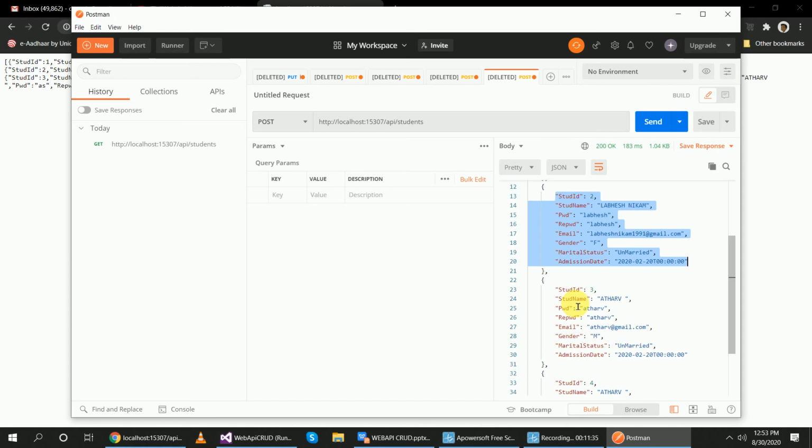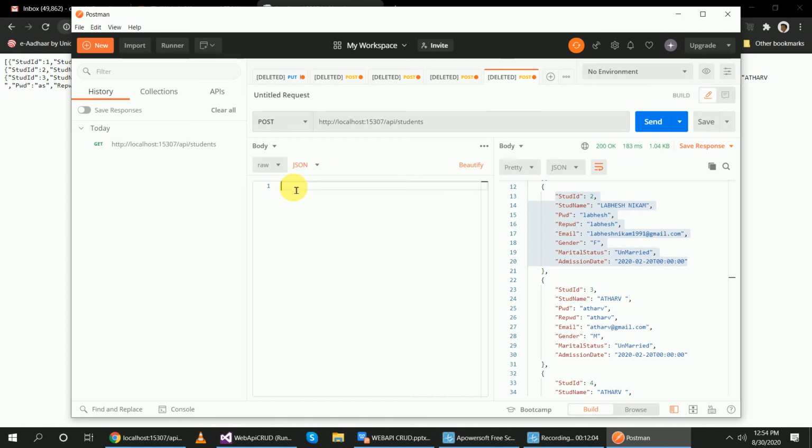This is my code. I have copied it here in the request body. I have to write it. For that, you will go here to the body. Inside of the body, write the request in JSON. Suppose if you want to write in JSON, then select JSON.